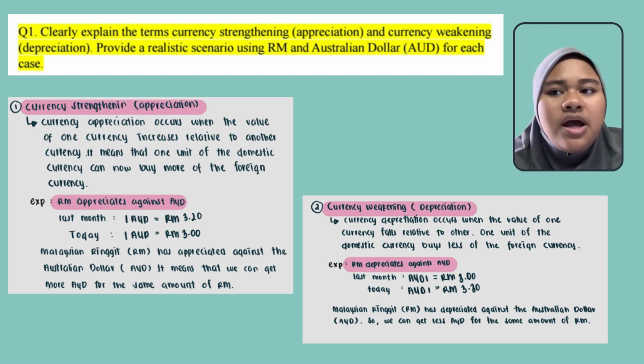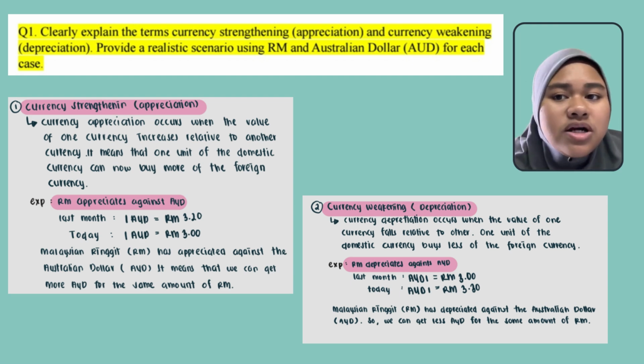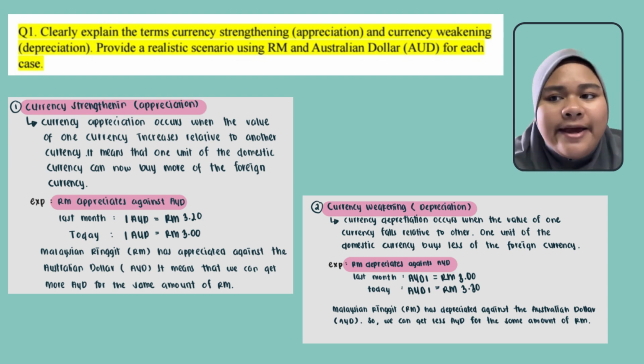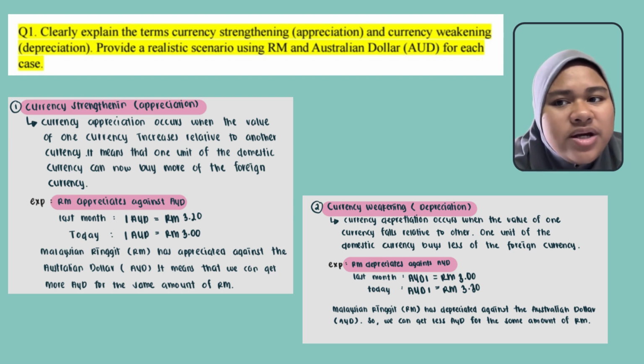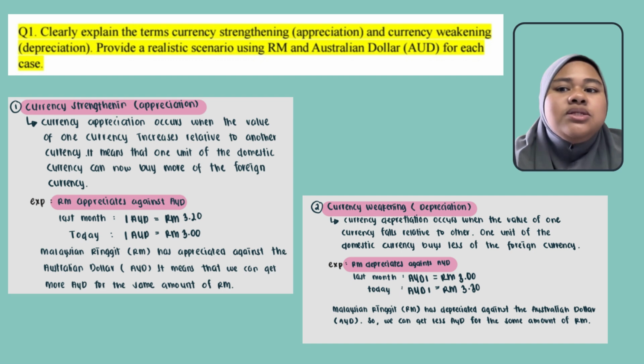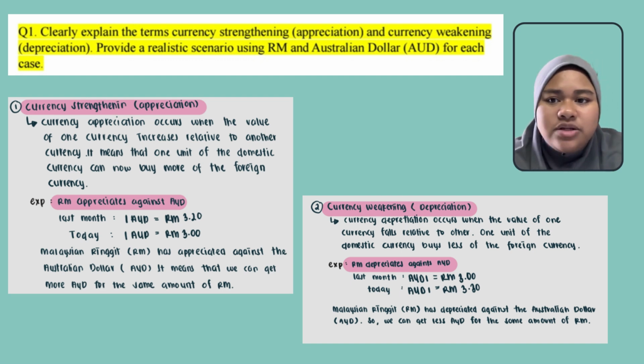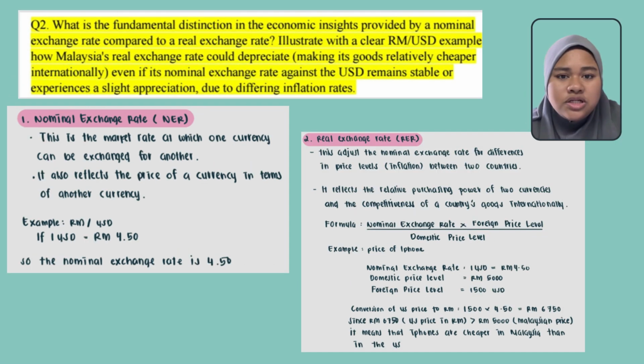In summary, appreciation means a stronger currency. It means we pay less for foreign money. On the other hand, depreciation means a weaker currency. It means we pay more for foreign money. These changes are important because they affect international trade, tourism, and more. The next question is about